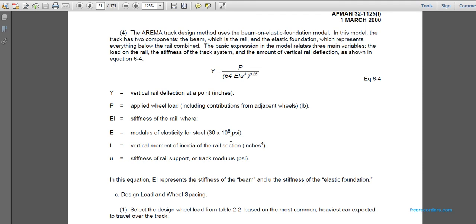The REMA track design method uses a beam on elastic foundation model. The model has two components: the beam, which is the rail, and the elastic foundation, which represents everything below the rail combined. The basic expression of the model relates three main variables, the load, the rail stiffness, and the track system stiffness, to the amount of vertical rail deflection, shown in equation 6.4. Y is the vertical rail deflection at the point, in inches, equals P, the applied wheel load including contribution from the adjacent wheels, in pounds,